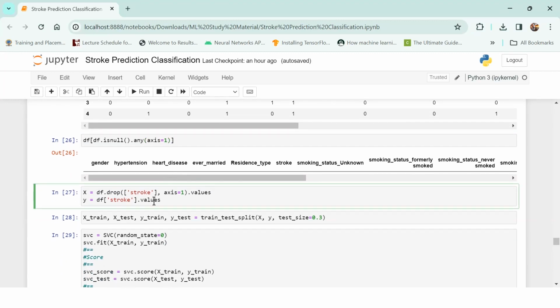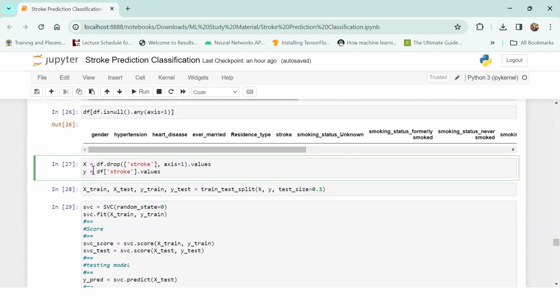Now let's create a target and features. For the features we will drop the target column and then save it in X, and we will do the same for the target variable. We will select the target variable and save it in Y. And now we are doing the splitting part, splitting the X and Y into X train, X test, Y train, and Y test. And we are taking 30% of the whole data for the testing part, and 70% for the